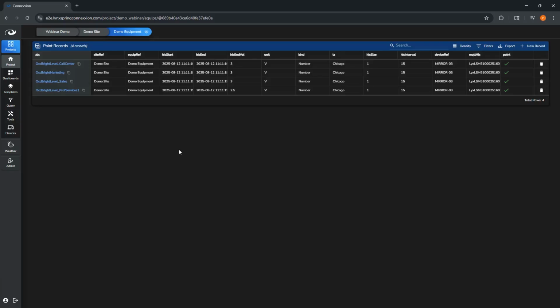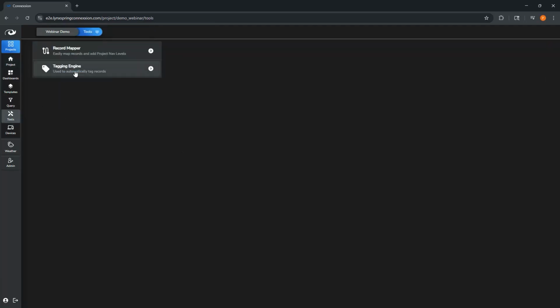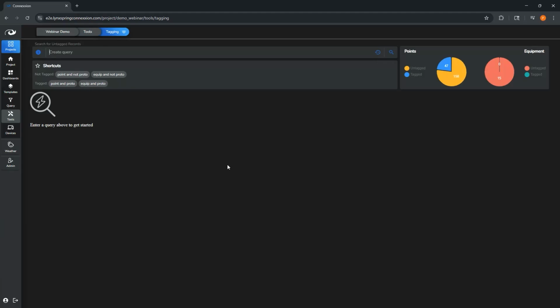So the next thing you want to do in your data modeling tool set is tag those records. Of course, again, we do this through Project Haystack. So we have this tagging engine, back to ease of use, right? We want you to be able to tag stuff quickly and efficiently, and not only quickly and efficiently, but correctly. So the point of Project Haystack is to get to the point where data interoperability happens between systems. That can only happen if everyone uses Haystack in the correct manner.